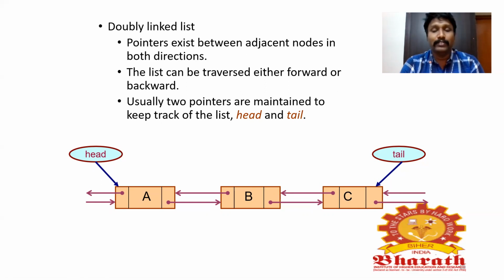In a singly linked list, we'll be using only one way of traversal. There will be only one pointer in each node and there will be a head. But in a doubly linked list, you will be using two different pointers in a node, so there will be a forward traversal as well as a backward traversal. Through the head and tail, we'll be tracking the whole list. This is a very important thing in a doubly linked list. As you can see in the diagram, you will understand it much more easily.